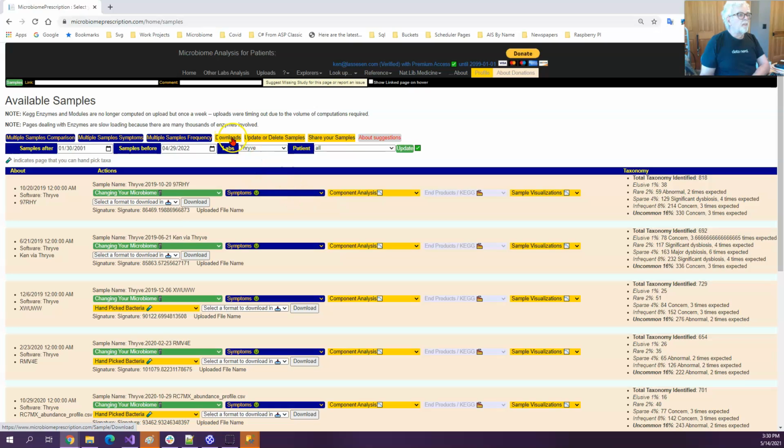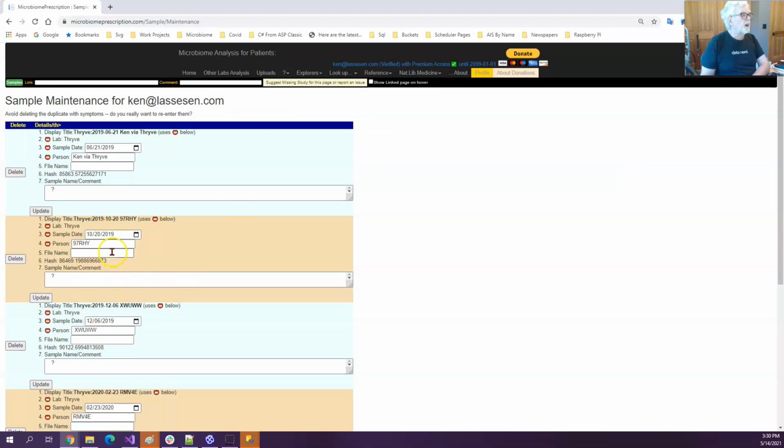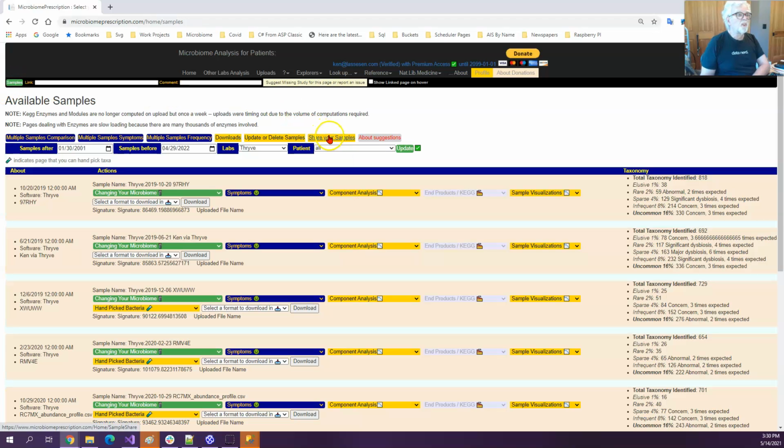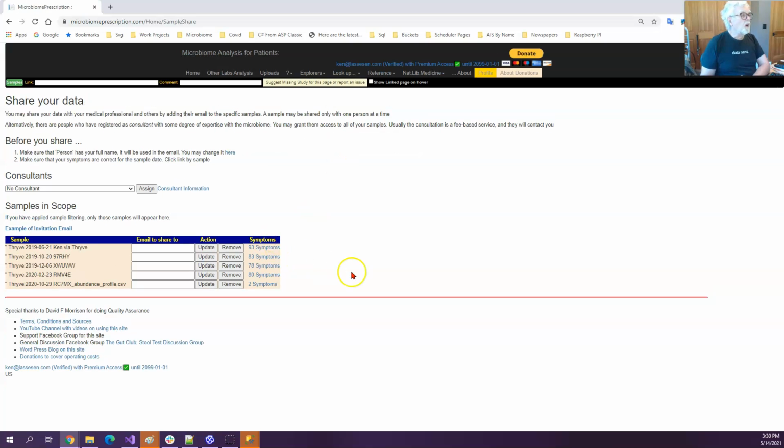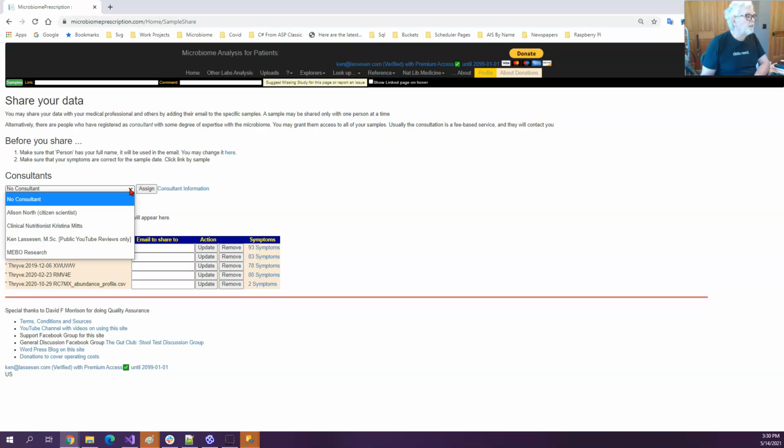So we have covered the downloads and nice sweet features there. We have the update and delete samples, which, as you just saw, provided more fields than before. And now we go over to share your samples. This is a new feature, and what it means is you can share samples in one of two ways. We have some consultants listed here, which are people who have informed me, or I contacted them and they said okay, so it gives you information about who they are,